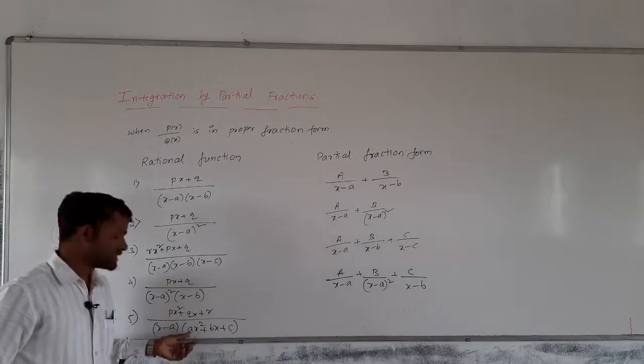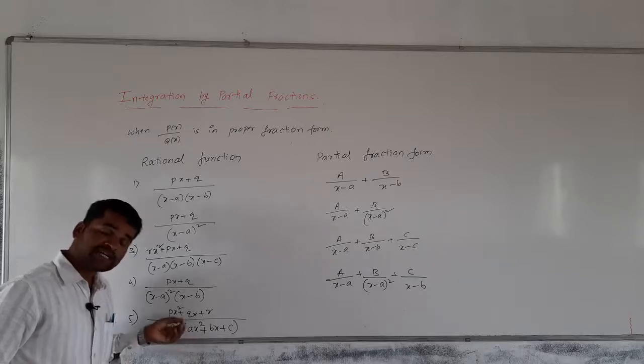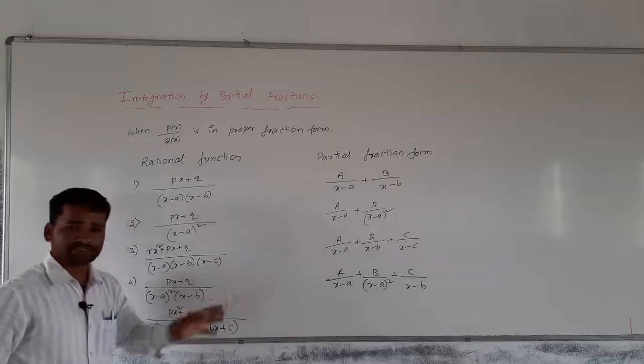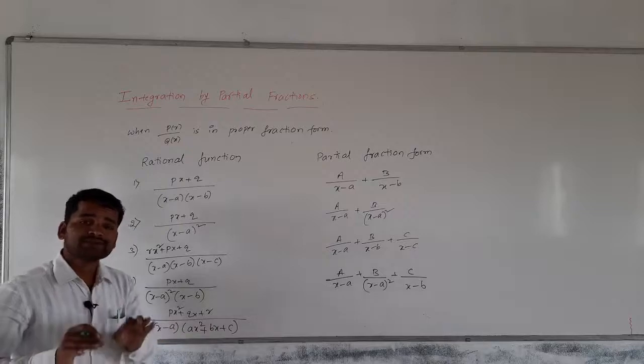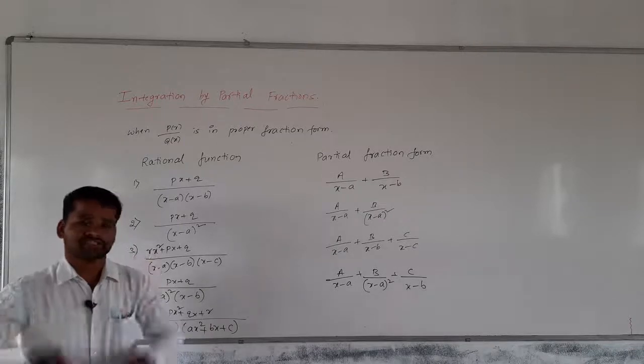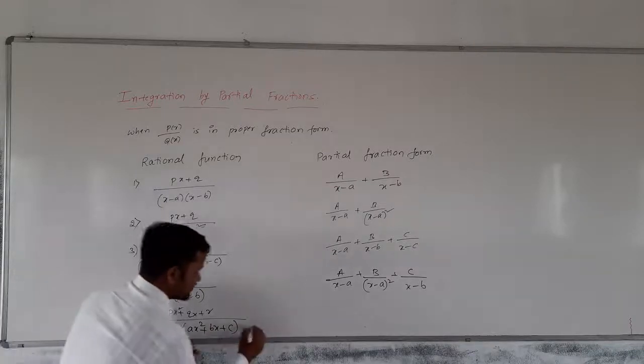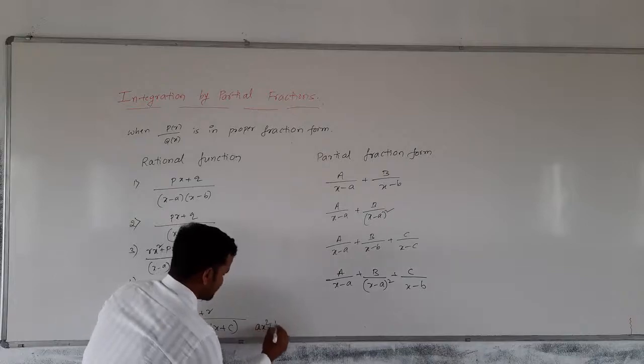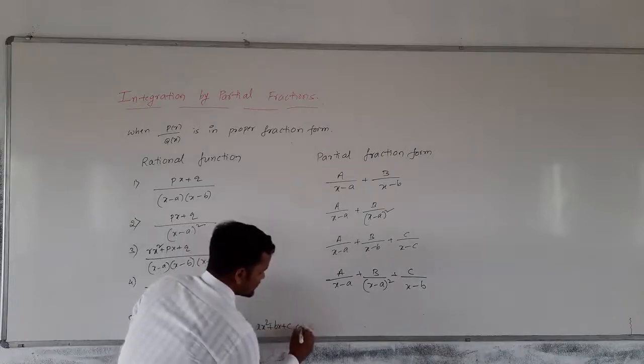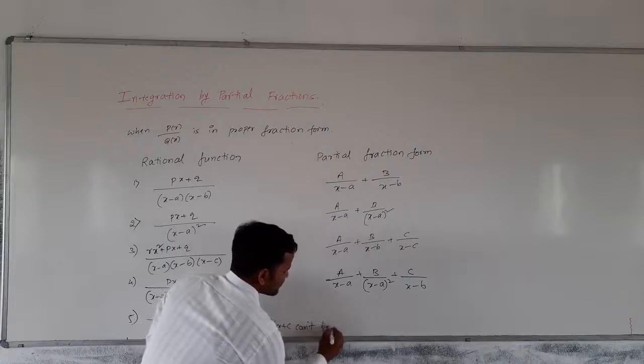If possible, then we can write this one. We should write it first of all before applying the partial fraction technique. If it is not possible to factorize it, where this ax square plus bx plus c can't be factorized further,